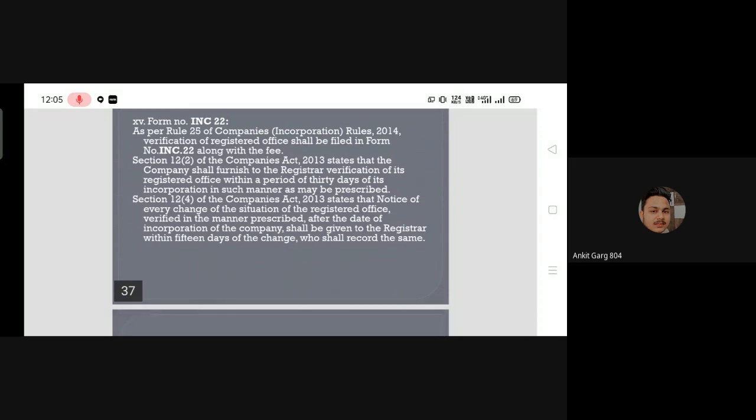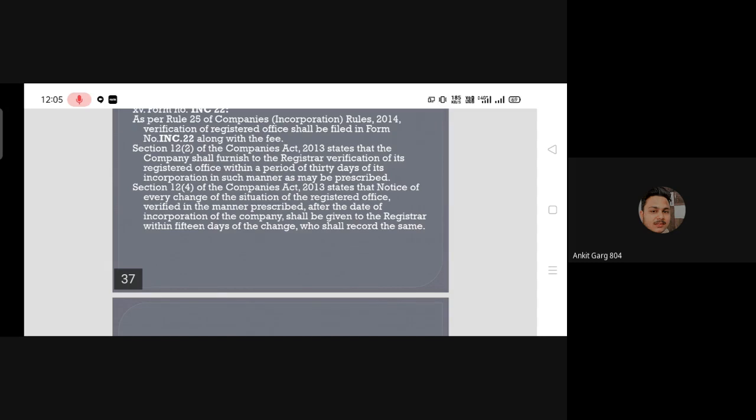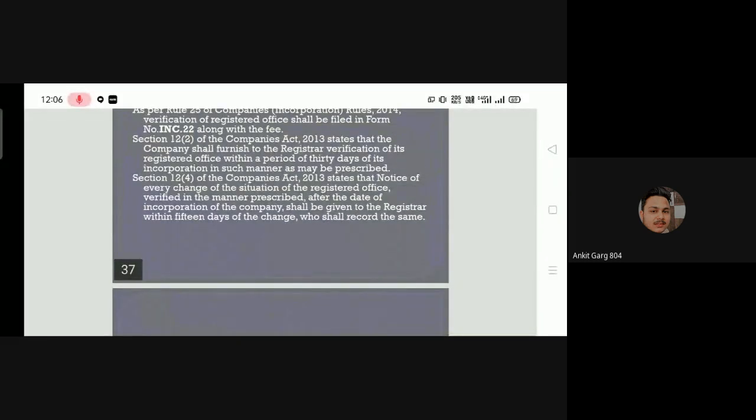Form number INC 22. As per Rule 25 of the Companies Rules 2014, verification of registered office shall be filed in form number INC 22 along with the fee. Section 12, subsection 2 of the Companies Act 2013 states that the company shall furnish to the registrar verification of its registered office within a period of 30 days of its incorporation in such manner as may be prescribed. It is written that